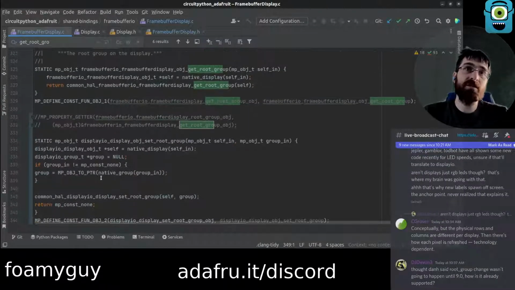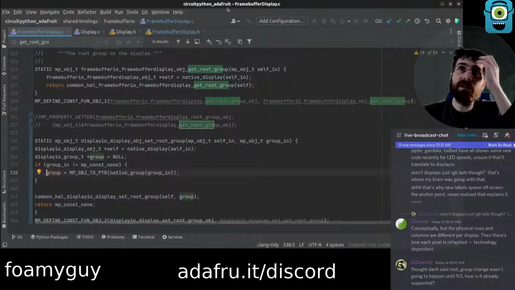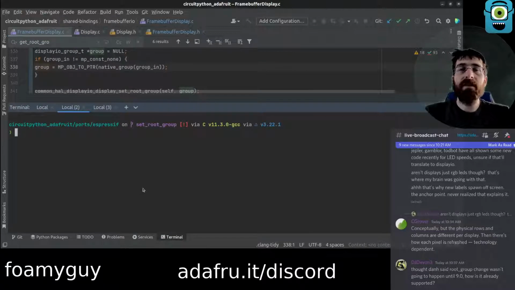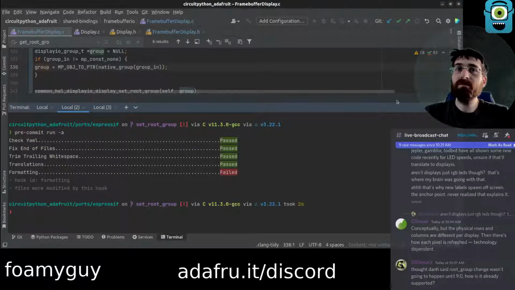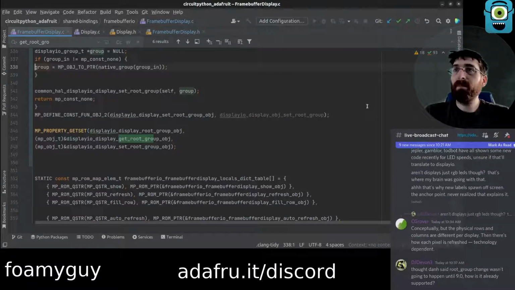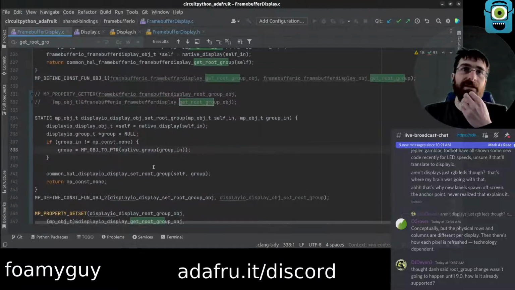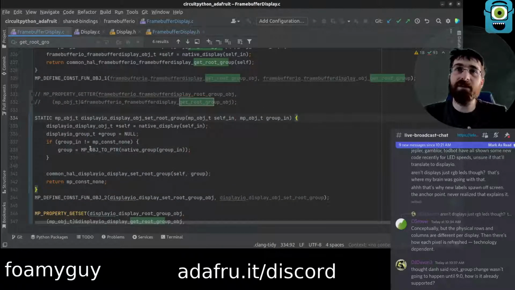I'll fix my indentation because indentation is broken for some reason. Why is the indentation broken again? You know, I could run pre-commit and that would fix it, I guess. I need to figure out why the indentation is broken, because that negates a lot of the upside of the IDE if it's not even going to get indentation properly, honestly.